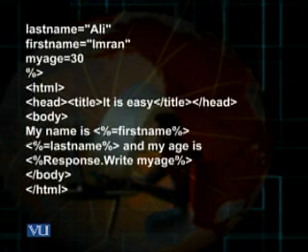So you can see there are two different ways of writing the information. One is that with the equal sign, I write the variable name and then it would write the value of that variable. And the second is that I use response.write and after that I give the variable name. Accordingly, the value of that variable, here the value is 30 for the variable my age, would be written.